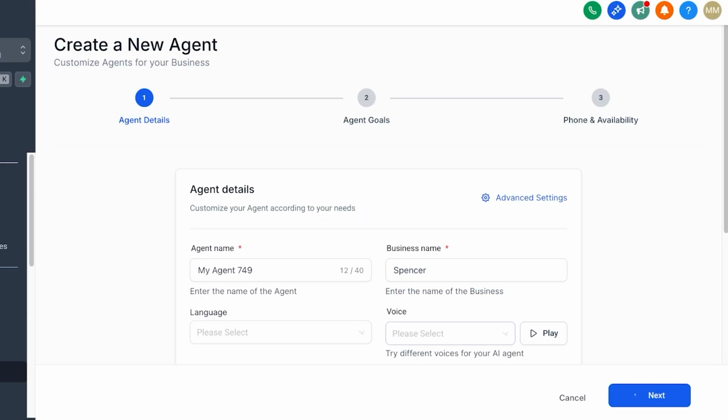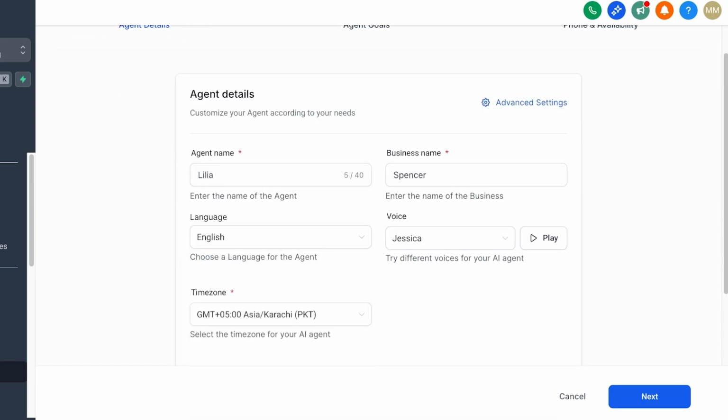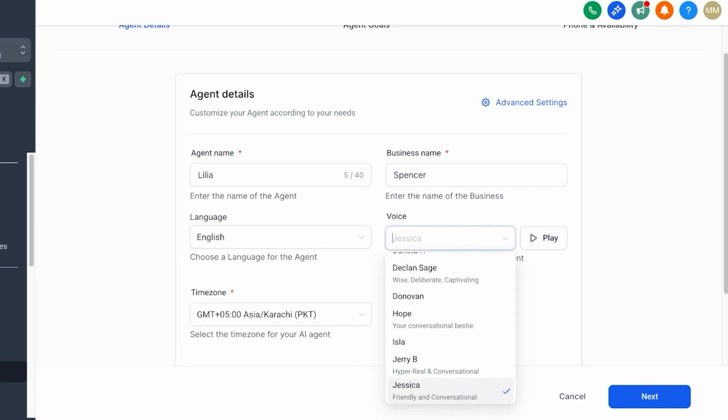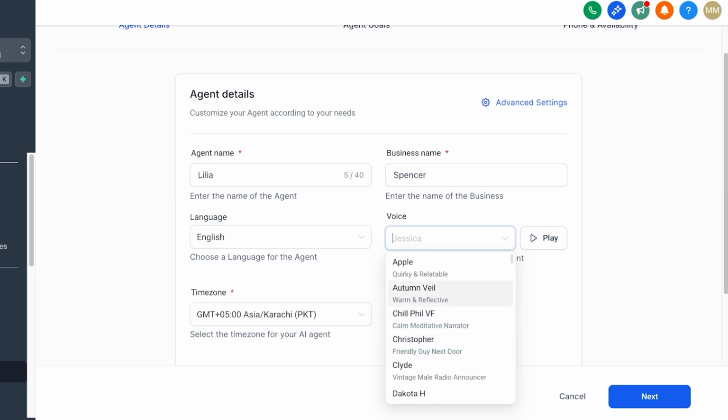Now, once we do that, we're going to move on ahead and we're going to name our agent. Let's say our agent is going to be called Lilia, and we're going to go with English. After that, you're going to choose the voice. Now you can play out these voices to hear what they sound like before you get started with a specific voice. So I want to go with a female voice, but I want something that's nice, so let's take a